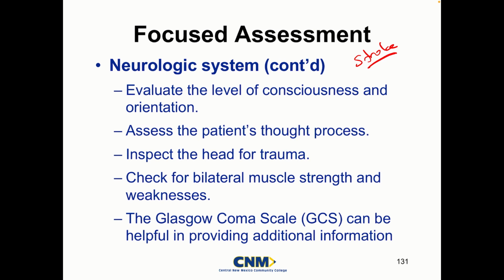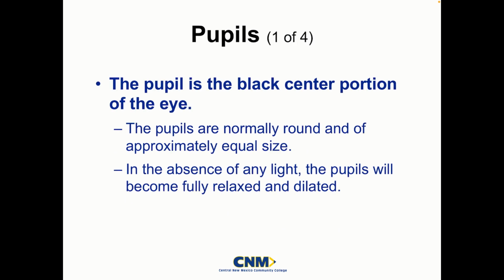So if we're assessing the patient's level of consciousness and function of their brain, then we're clearly trying to assess their central nervous system. We'll give other means to do the assessment of their extremities and other things a little bit later. The nervous system includes the control of the muscles around the opening of your eye. And so the pupils, opening of our eye, is a really important tool. We say that this is basically the window into